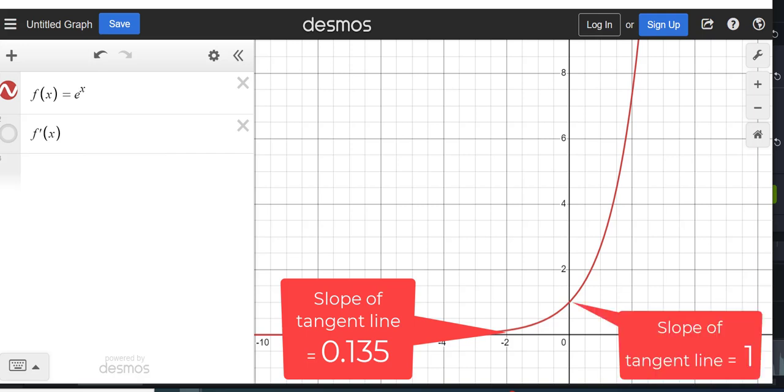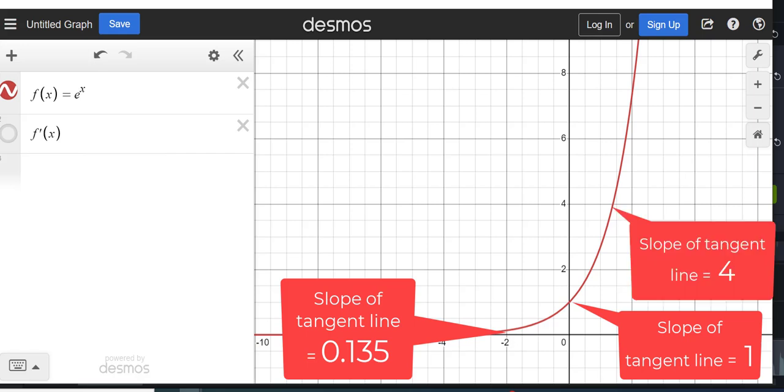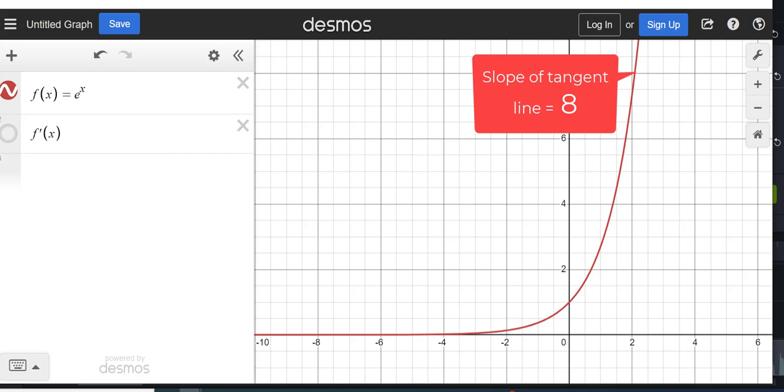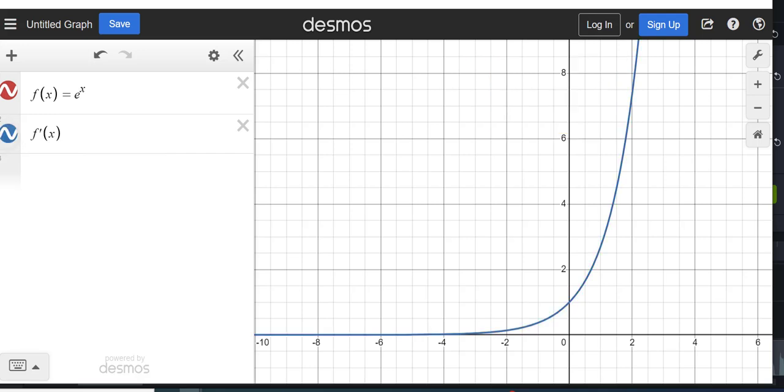So if you drew a tangent line, let's say at x equals 0, you're going to see that that slope is actually 1. Well, okay, it crosses through (0, 1). And as x increases, the slopes of the tangent lines get larger and larger and larger. So if you actually graphed, hey, what's the slope of the tangent line at each point, you're going to see again that as x goes to negative infinity, it's flat.